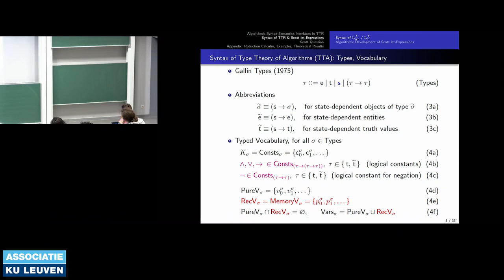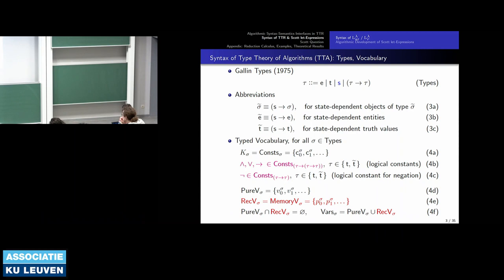Even though we have truth values, we are attuned to think about them as eternal. We evaluate formulas in models. Here we evaluate them with respect to states. So inside of the formal language, there are expressions that can represent the denotation. The denotation is from state S to truth value. So these are state-dependent truth values.